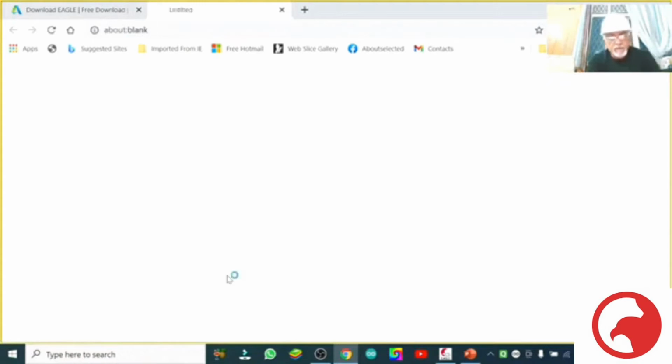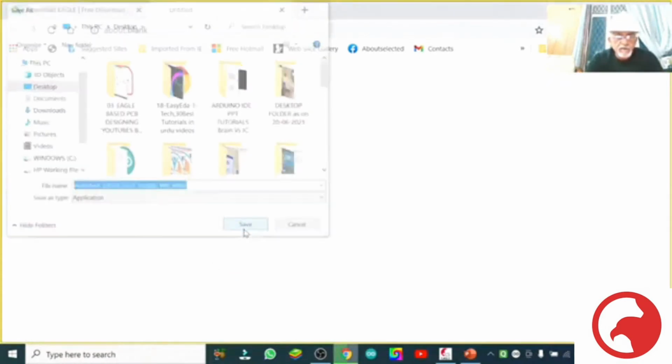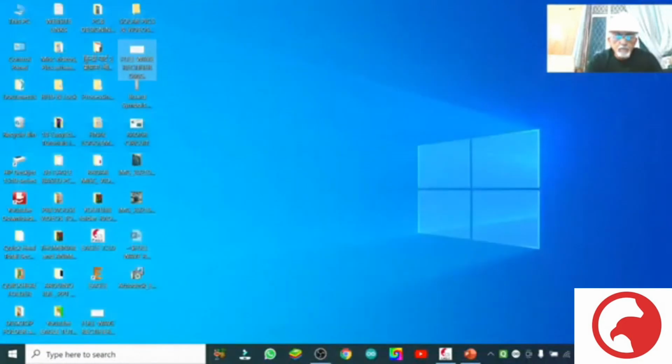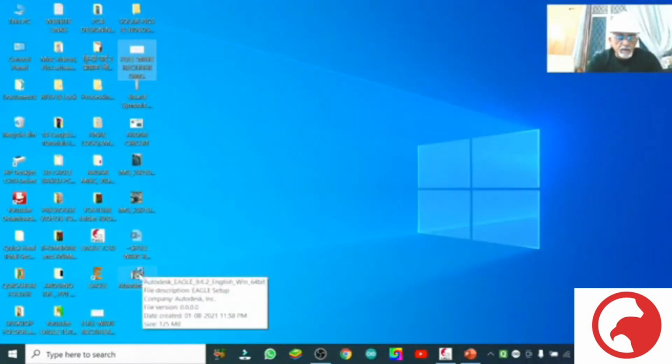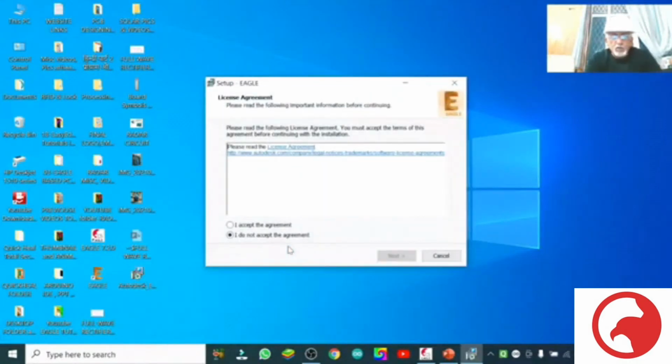But in my computer I have some problem, I made a mistake. I downloaded it but it doesn't open. Immediately it closes, this latest version 9.2. Now see, we have got the program. From this program we will install, and your icon will come like this, an E. But in my case the icon is coming, but it immediately closes.